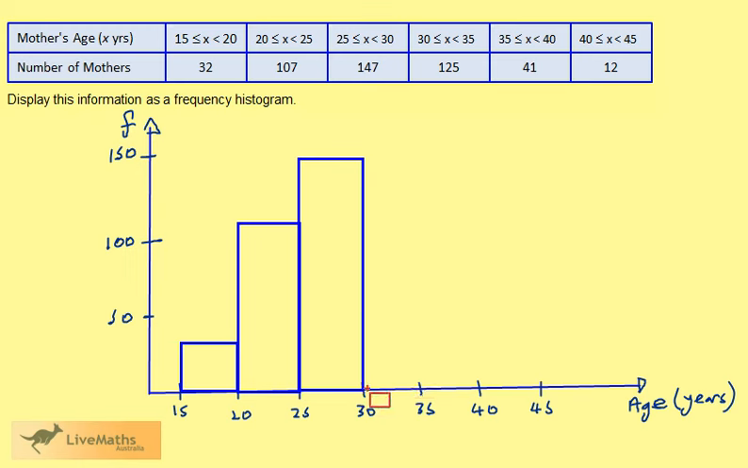125 from 30 to 35, so that's going to be about there. 41 from 35 to 40, so 41 needs to be below the 50. And finally 12